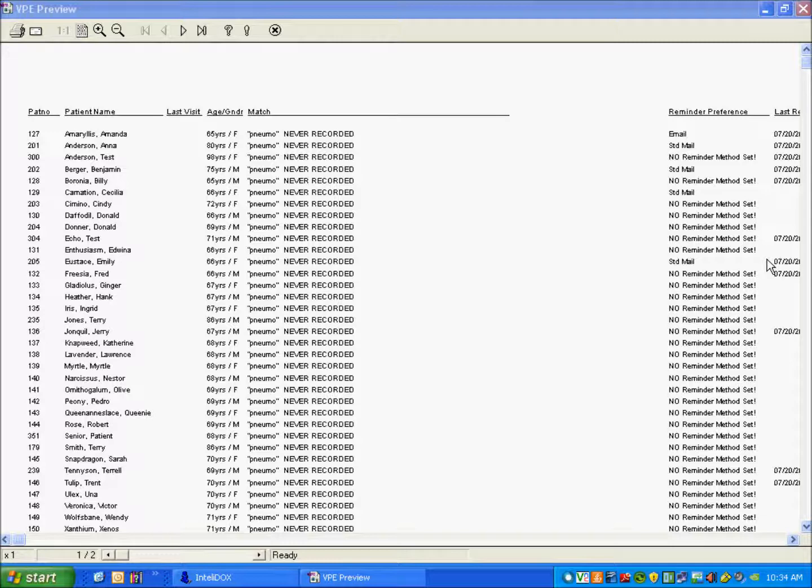If you want to print this report so you can update those patient settings, just click this printer icon up at the top left corner of the report. We do have a few patients whose reminders preference is properly set, so let's generate reminder notices for them. Let's close this report by clicking either the X button up here or the one at the top right corner